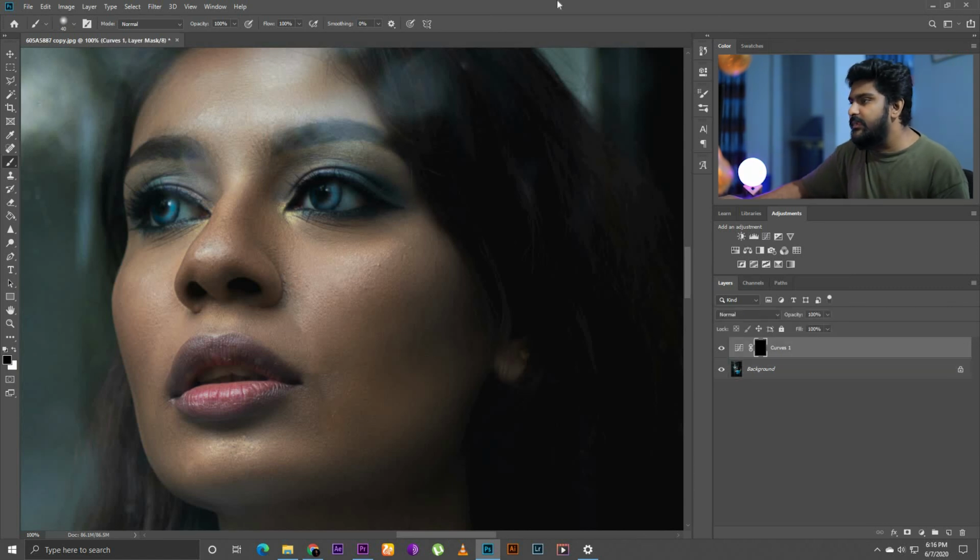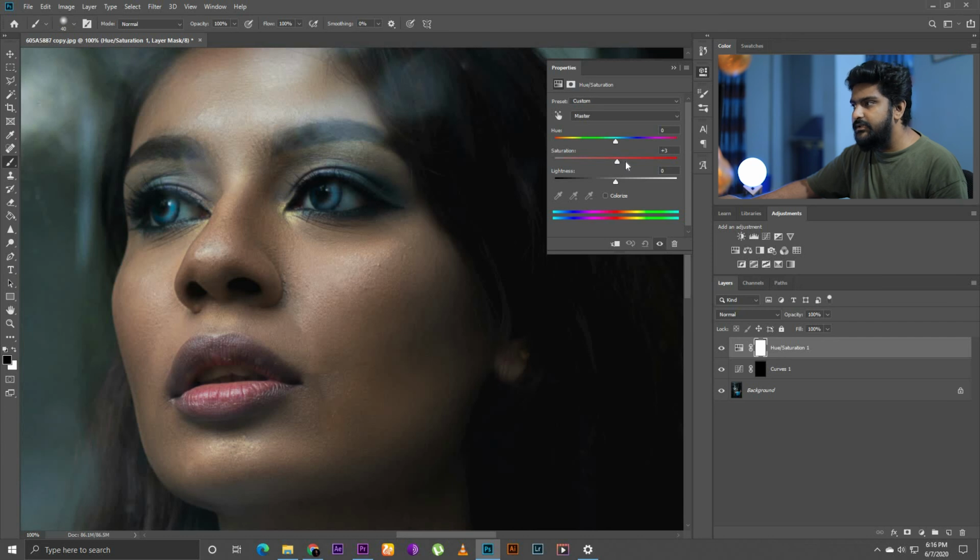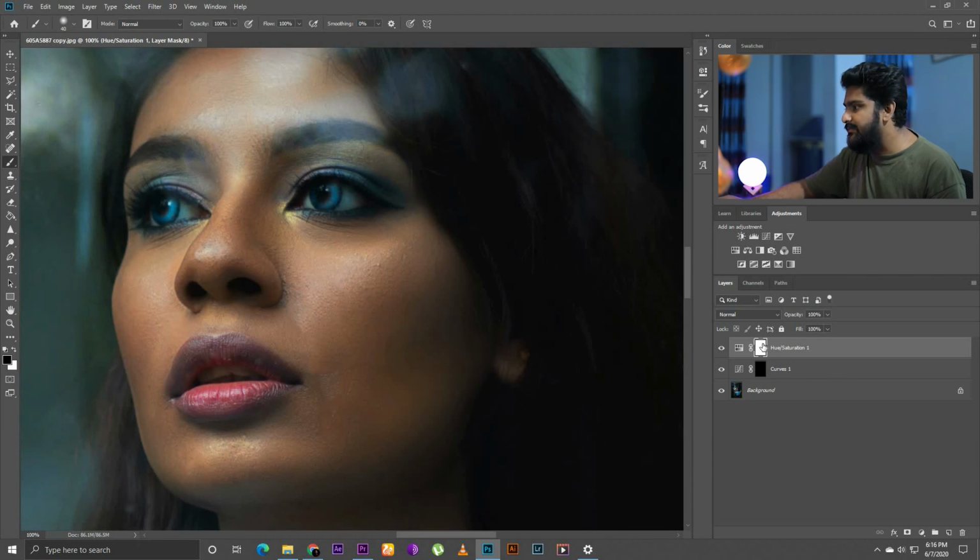So now we are gonna go and take the hue and saturation layer and increase the saturation. For this, we're gonna do the same thing. Click on the mask, invert, and just take the white brush and paint on the eye. You see, it's so easy. Now,